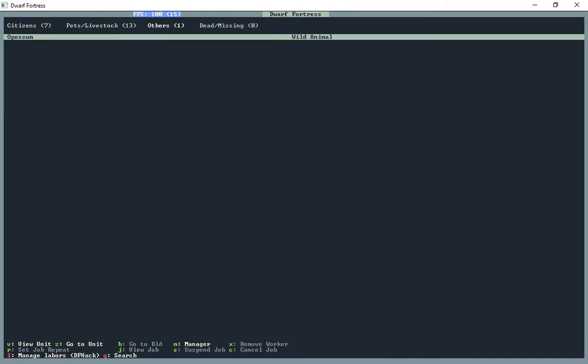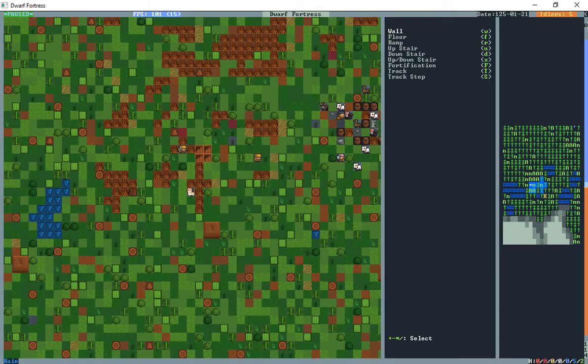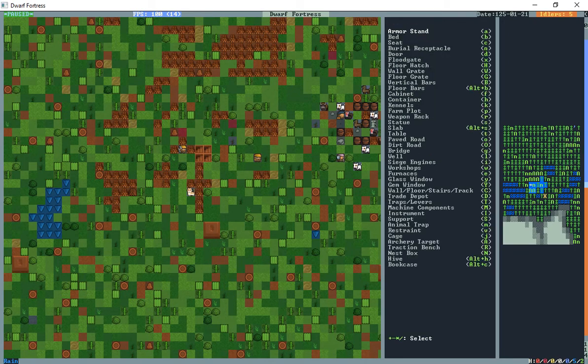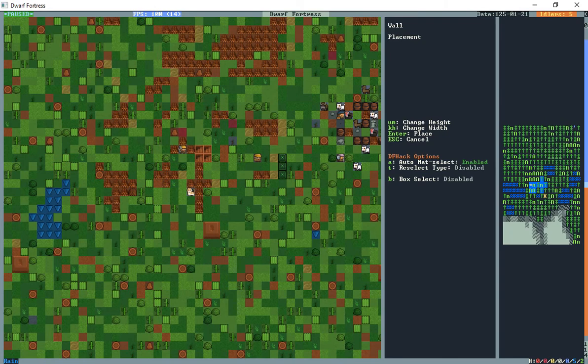Oh, and I forgot to do this, but I like to hit U at the start of the civilization and go over to others just to make sure there's not like a dragon or something in the area we spawned, which is possible to do. So now we're going to hit B, Shift C, W. I have to enunciate. We're going to start building our wall to keep us safe, and I want to make this...